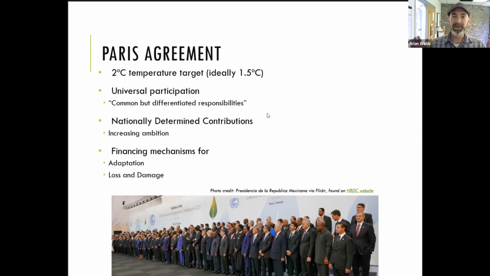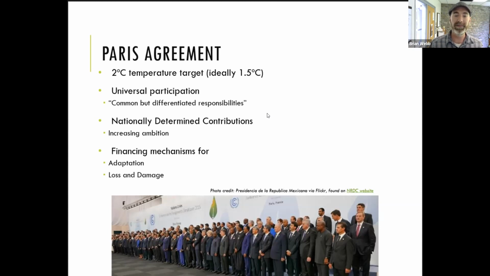So the only accountability mechanism is that peer pressure to stick to your commitments. There's no enforcement mechanism. There's no legal requirements. There's only the voluntary contributions that each country says, this is what we're going to work toward and achieving. Also, every 5 years, each country is required to revisit their commitment and encouraged to increase the ambition of